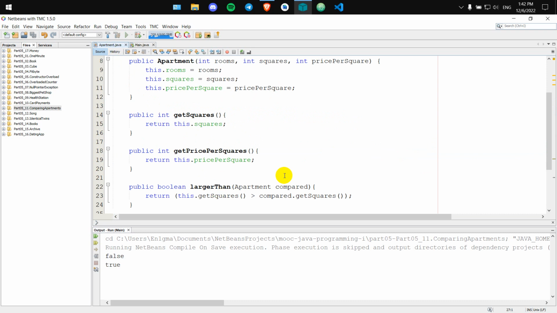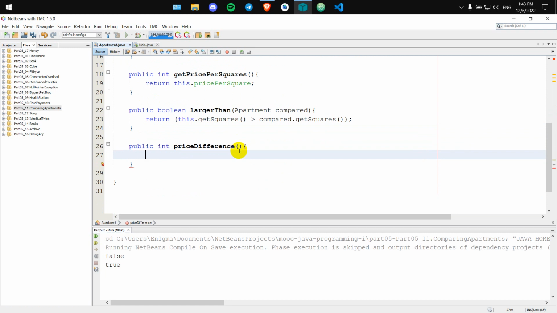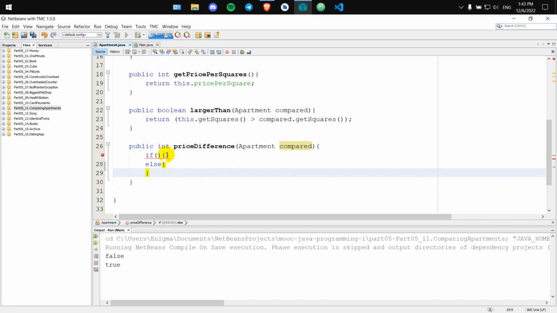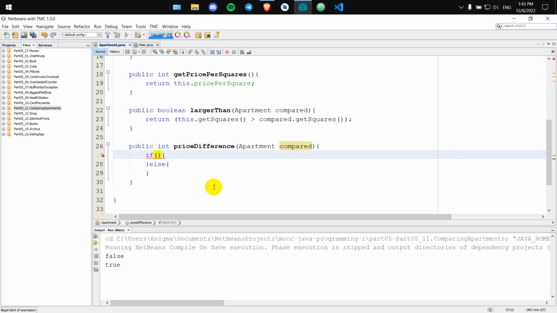In the apartment Java, we are creating a method, public return type of integer, price difference, and we are passing object apartment compared, right? So if, else this, so what we are trying to achieve here is that if our condition is